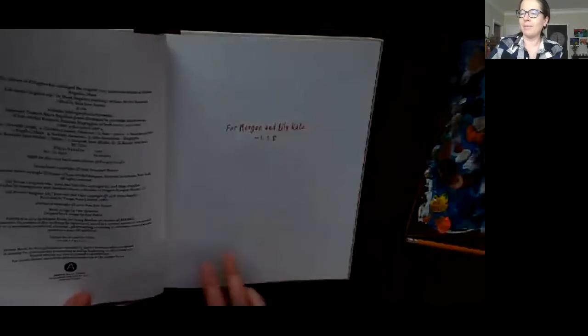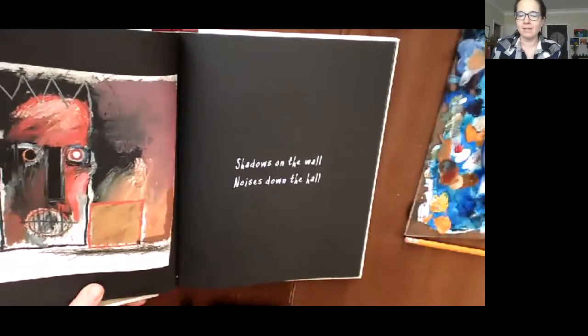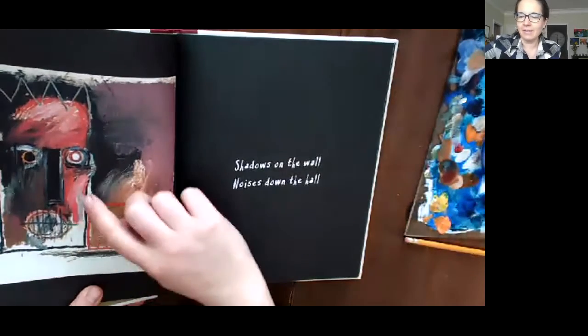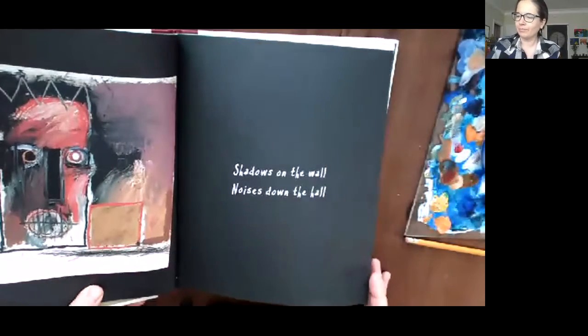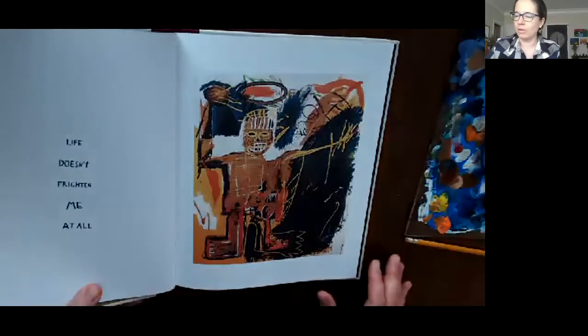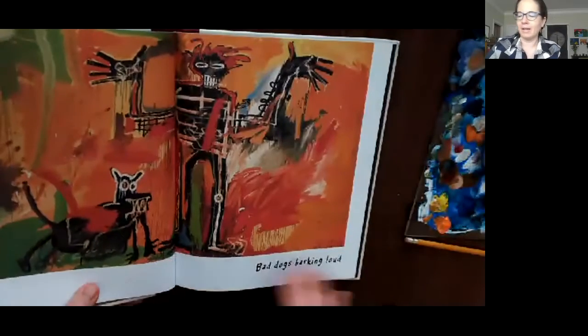And I feel like Basquiat really portrayed feelings, senses of place. There's a lot of movement. We talked about movement. We talked about our elements of art. I can feel actually the materials. I can see his strokes. So these are some of his works. These are his actual artworks that got paired with this poem by Maya Angelou.